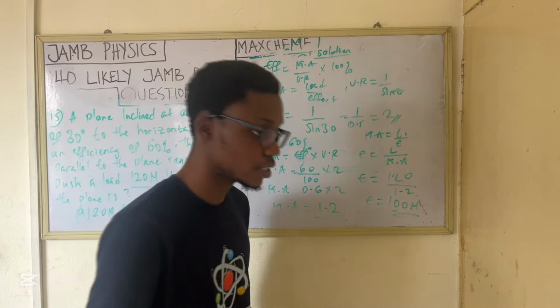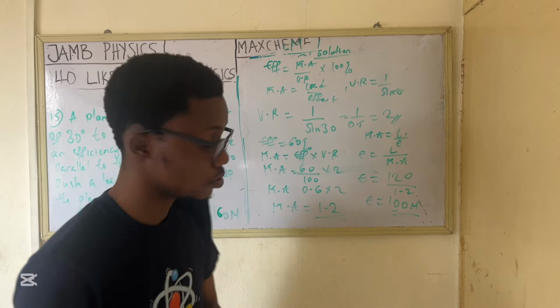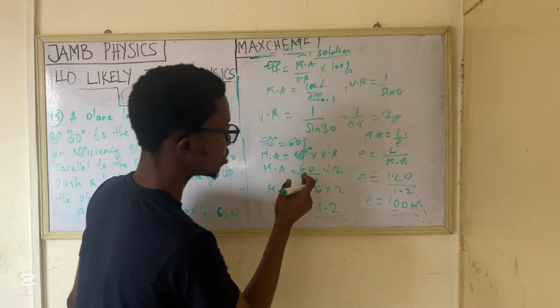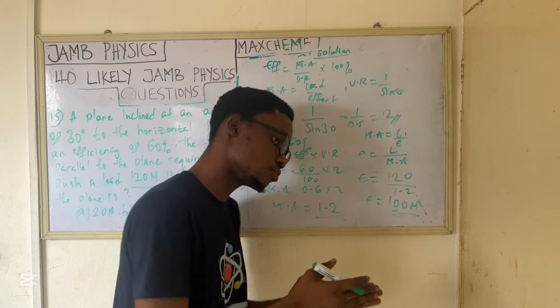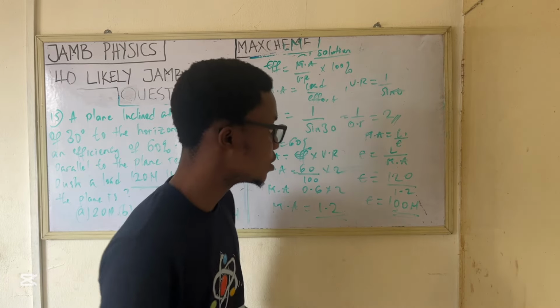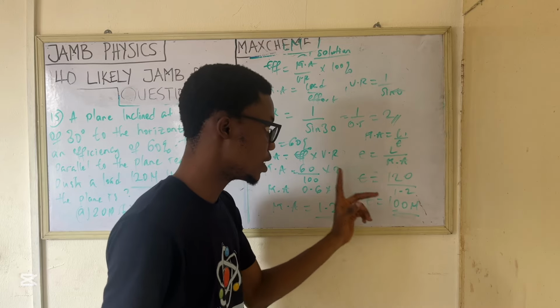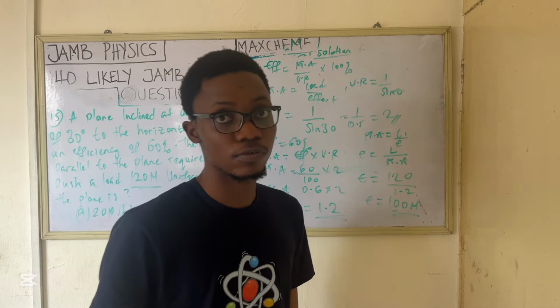And we can easily get our mechanical advantage. Mechanical advantage is equal to efficiency times velocity ratio. Efficiency is 60%, multiplied by 2, so 0.6 times 2 is 1.2. That is the mechanical advantage. Then from mechanical advantage is equal to load over effort, you make effort the subject of formula. Then effort is equal to load over mechanical advantage. The load is 120, and mechanical advantage is 1.2. So 120 divided by 1.2 gives us